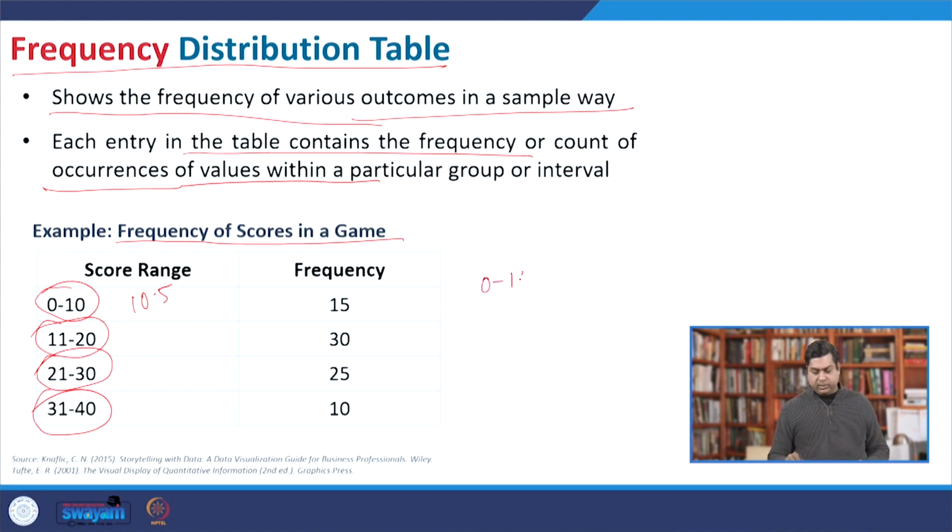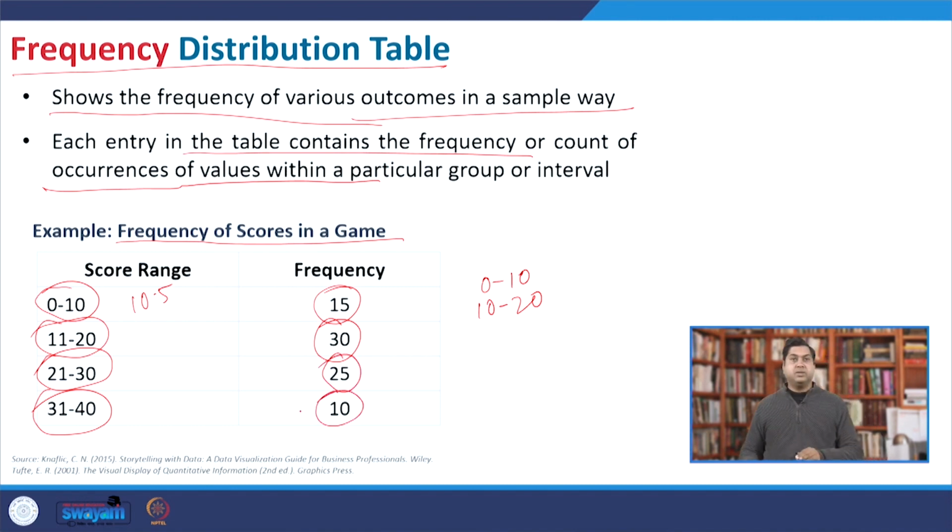So, that is why the range bins are taken like this, but it may happen that in some cases you also get this kind of frequency. But for this particular case, the game scores have these ranges, and then the frequency is the number of players who scored within that range; it is just the count. So, from this frequency table what we can infer is that maximum like